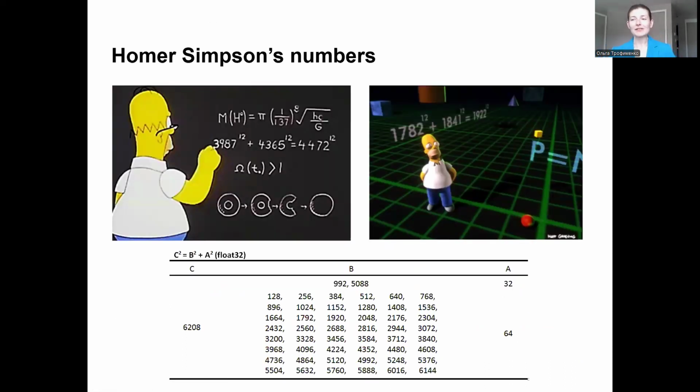And as you see on the slide, there is a well-known example from popular culture. Homer Simpson finds some counterexamples to Fermat's theorem. And if you use a standard calculator to check, the equality seems to be true. And this is again an example of the overflow problem and the problem of checking, proving some propositions. And below on the table, you can see more examples of Homeric numbers